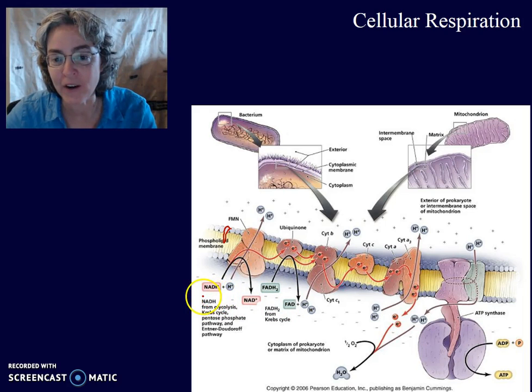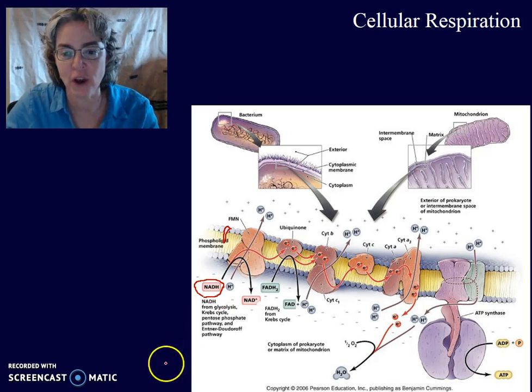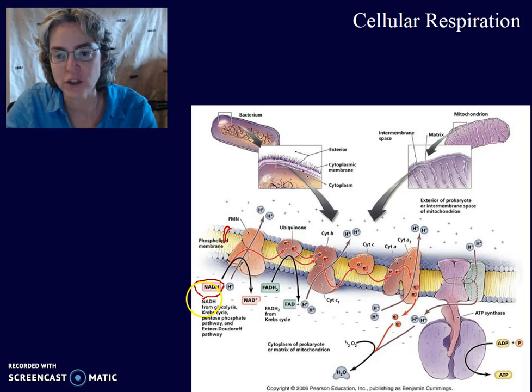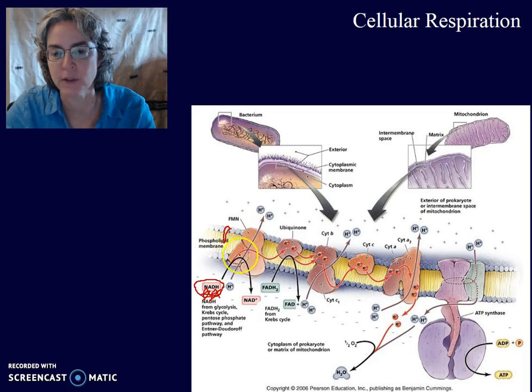Okay, and here's our high energy electron carrier. They are carrying the stars of the show. Our stars are in here. And so this first enzyme, this first protein right here, will take those stars, those high energy electrons